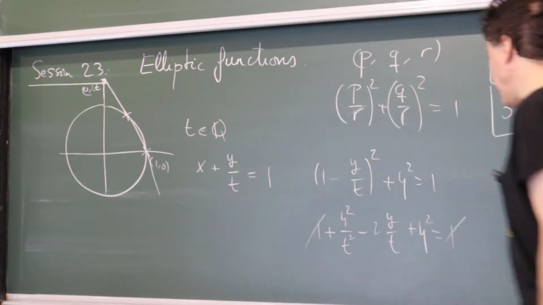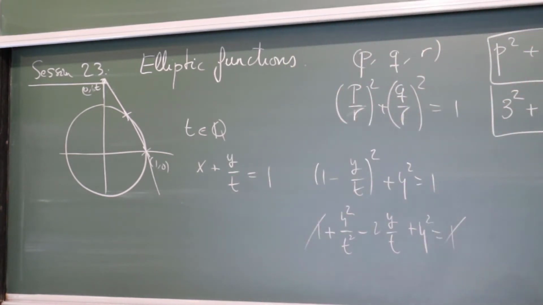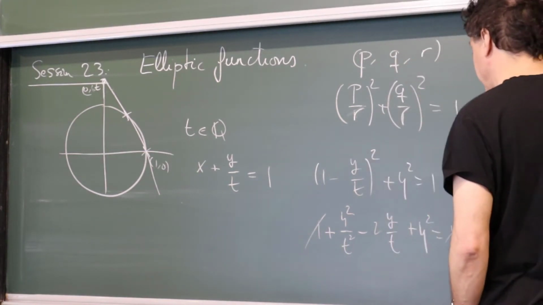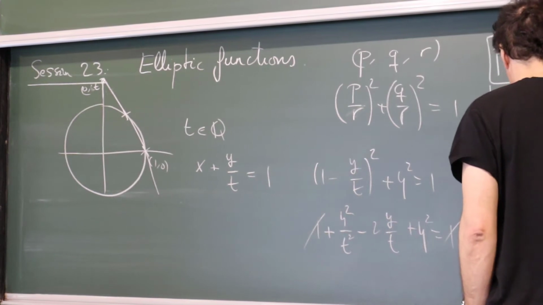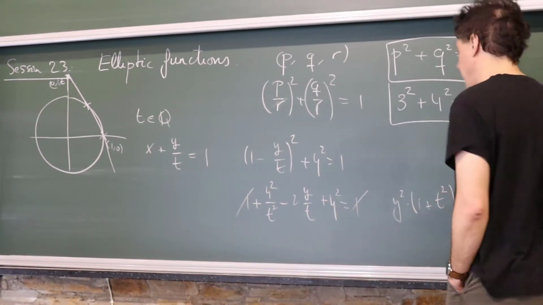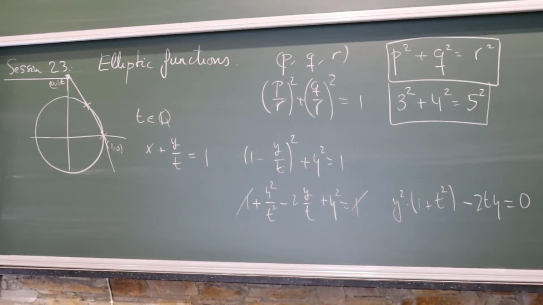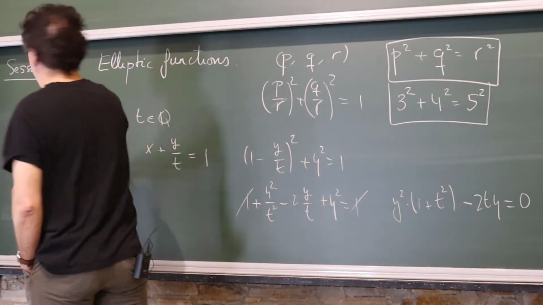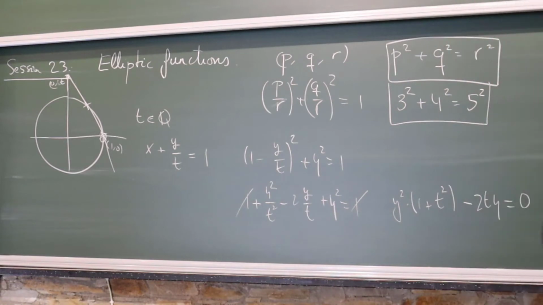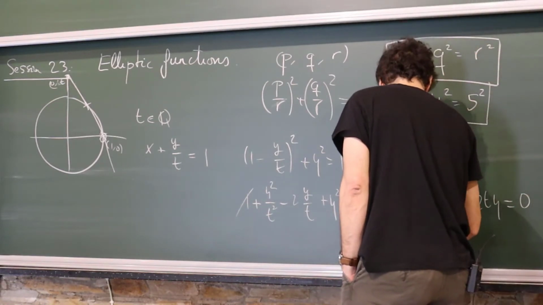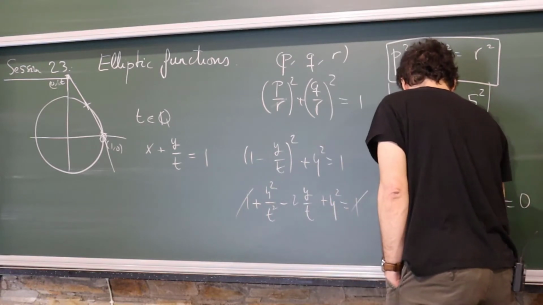1 cancels with 1 here, and so we have something like y squared (1 plus t squared) minus 2ty equal to 0, multiplying everything by t squared. Okay, there is a solution, y equal to 0, that of course corresponds to this point here. This is not an interesting solution, we're interested in the other solution. The other solution corresponds to y equal to t,